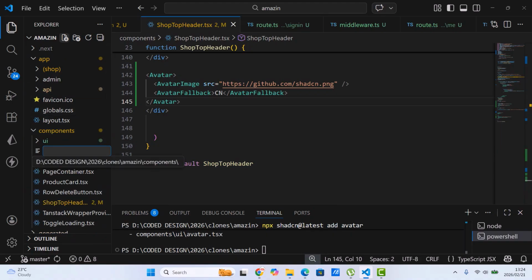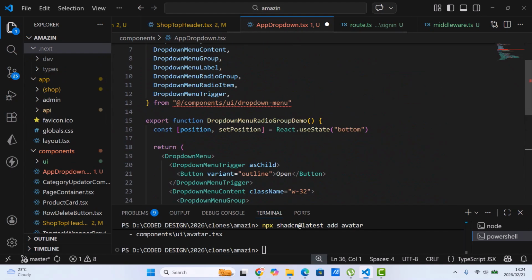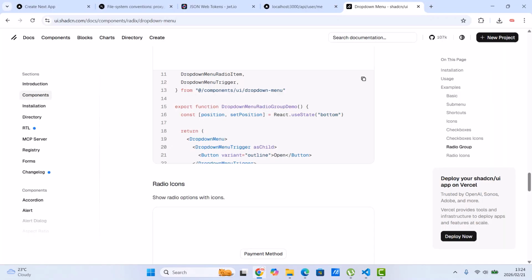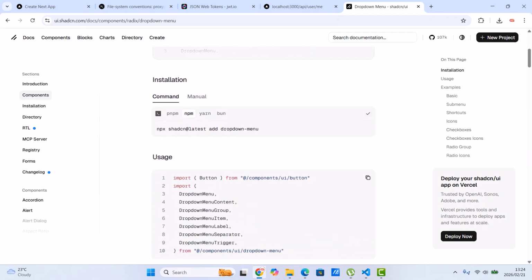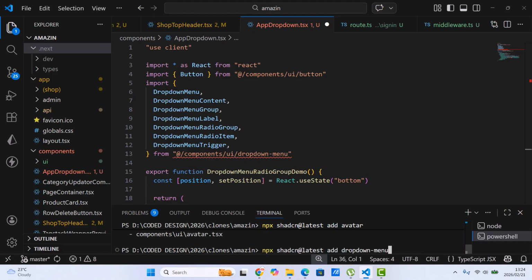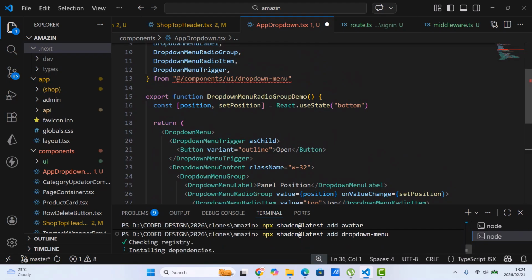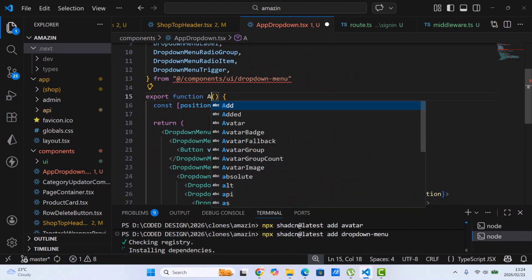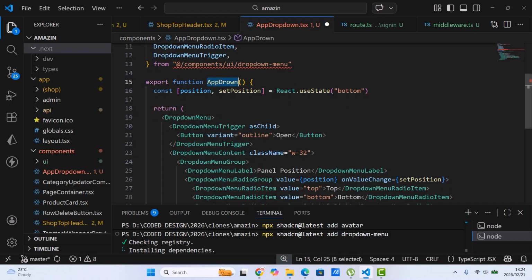Let's call this component app dropdown.tsx, and then we paste this here. Then we need to install this. Now let's continue. What we want to do here is convert this into app dropdown, change this to app dropdown, and then